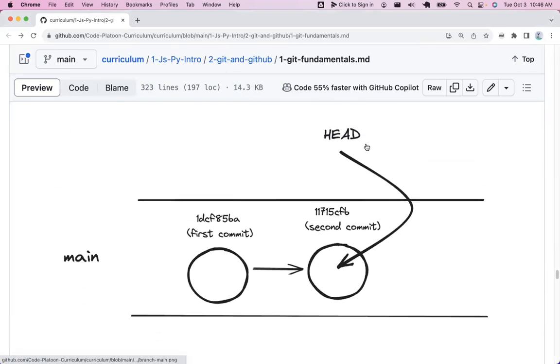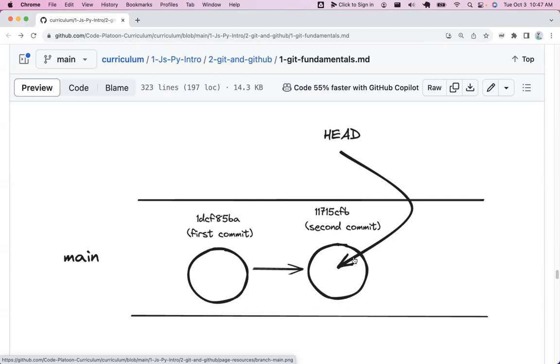So this is what our main branch looks like right now. We have all that stuff from that first commit captured here with the commit hash, and all that stuff from the second commit with the commit hash, and Git kind of uses a pointer. Like if you're writing a for loop and you've got the variable i to iterate through an array, Git uses something called head, a term that's been around for a while for the head of a list, like a Python list. People will talk about heads and tails of lists, to